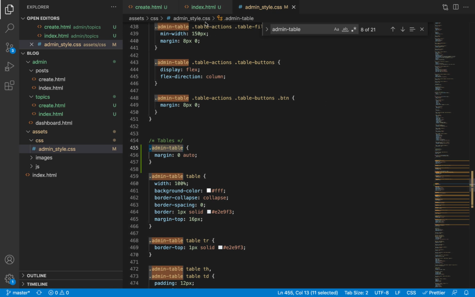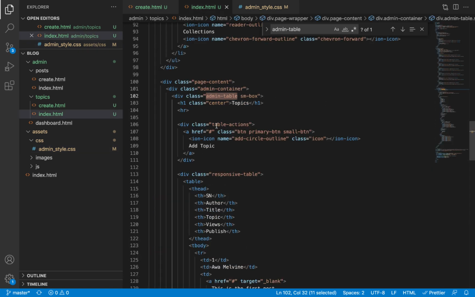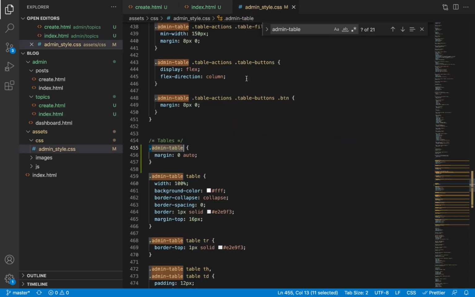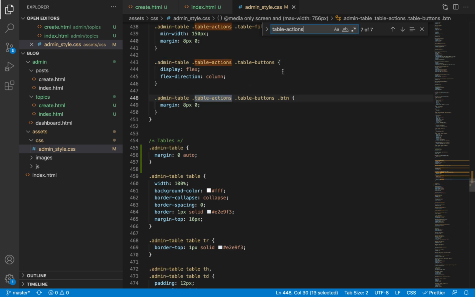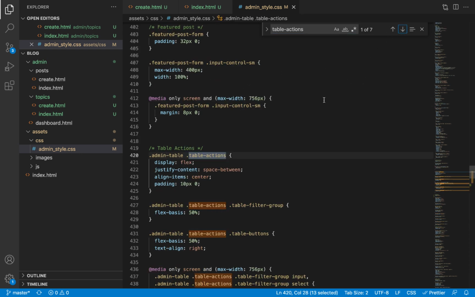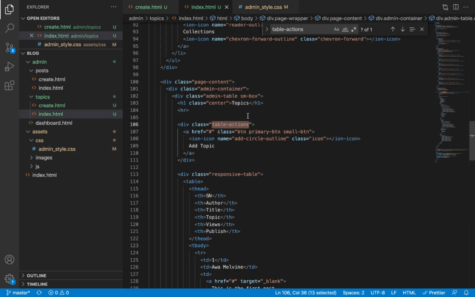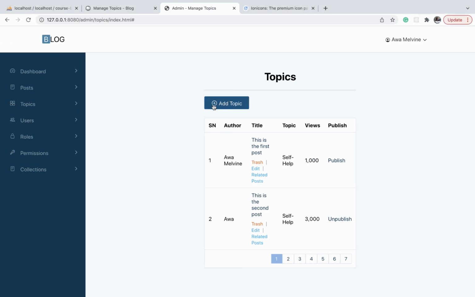The next issue is we want this button to be displayed to the right. Now if we take a look at the styles that we defined for the parent of this button, let us look at the styles for table actions. I'll search here for table actions, and here this is it. We are giving it a justify content of space between. This simply means that we should display the child elements in this element such that there will be space between them. Now that there is only one element, there's no way to space them, so automatically it displays at the